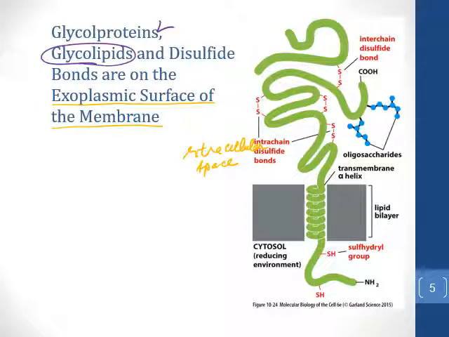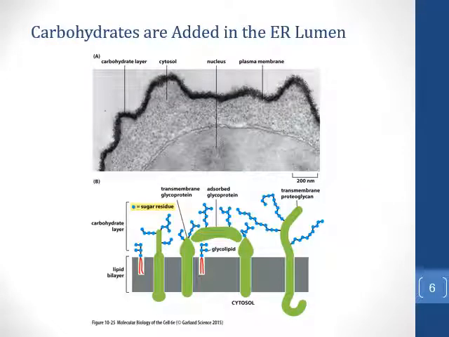Anyway, the take-home message from this slide is just to recognize that these modifications take place in the lumen on the exoplasmic side of the membrane, and because of conservation of membrane faces, they're always going to remain on the exoplasmic leaflet of the membrane. Okay, so let's begin now by talking specifically about the glycosylation, or the addition of carbohydrates. If you look at this slide up here, you can appreciate how extensive this can be. In this slide,